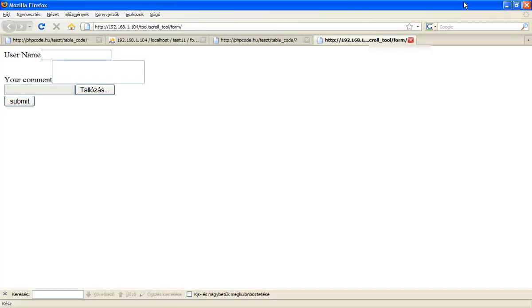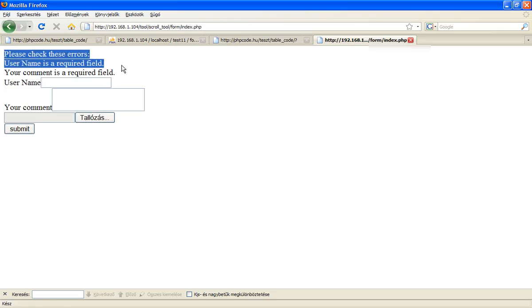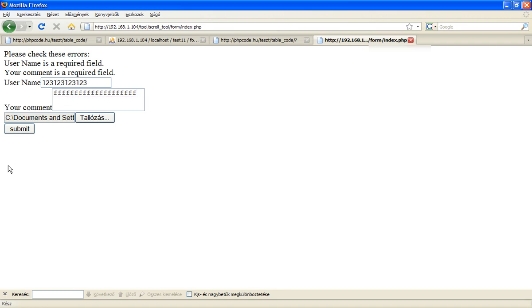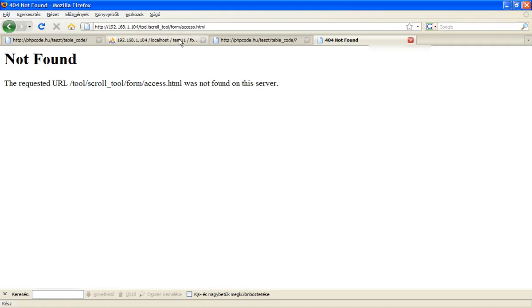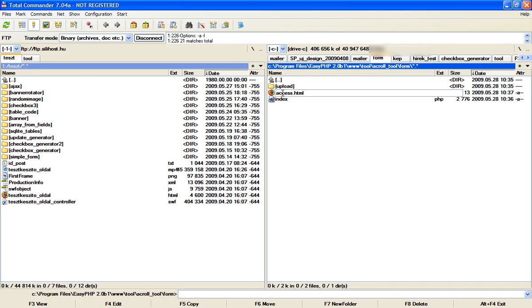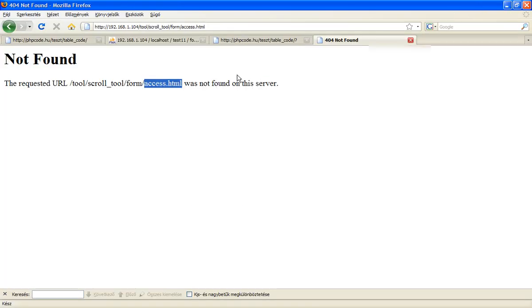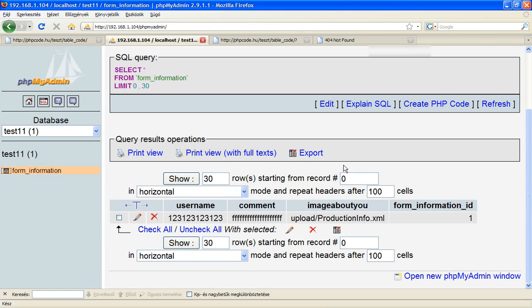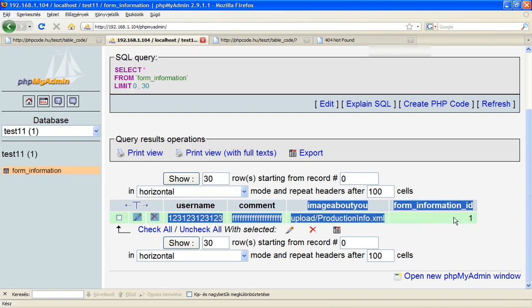And if I do not fill the username, that will build an error array and tell the comment is empty, username is required. Now I paste a file and I fill the comments and add a username. I press submit. Access.html. I rename success.html to access.html and go to phpMyAdmin, and you can see the file uploaded with the